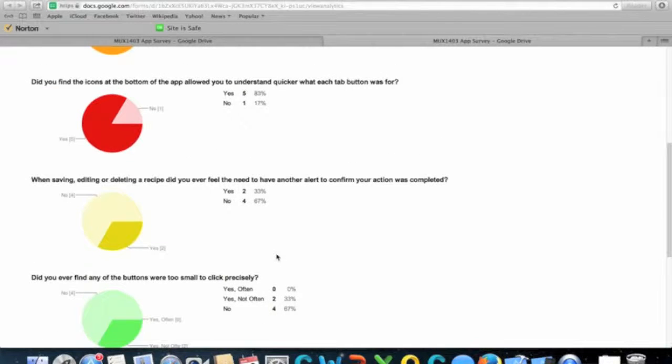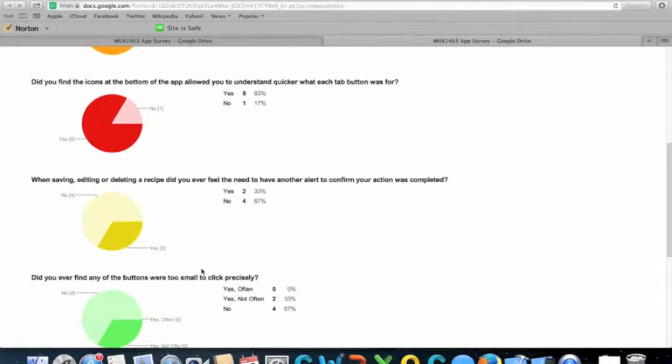And honestly, I found that for the most part people were able to get through the application much easier. The previously discovered pain points, they were corrected as I showed. There's no longer the option to edit all of the instruction fields there in the text views. Also that the navigation is a lot quicker. So moving forward, the only real new pain point that I had to worry about was making the buttons bigger,